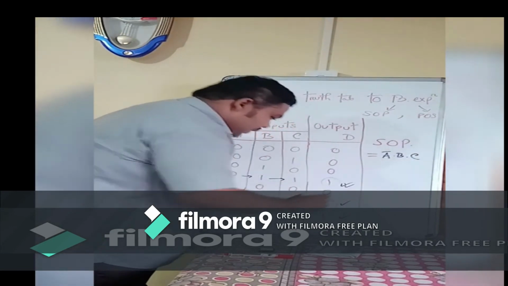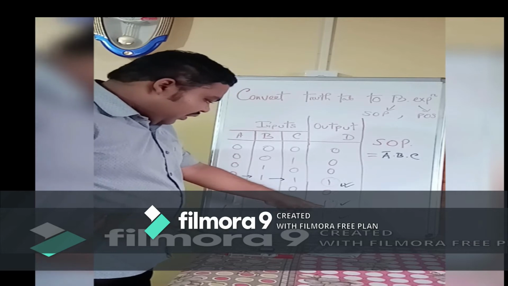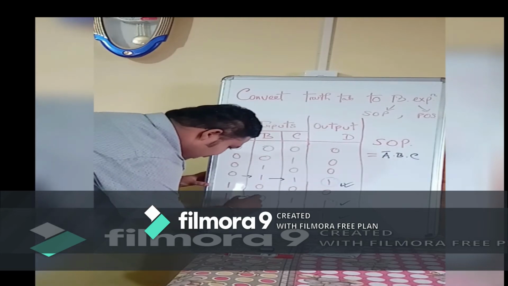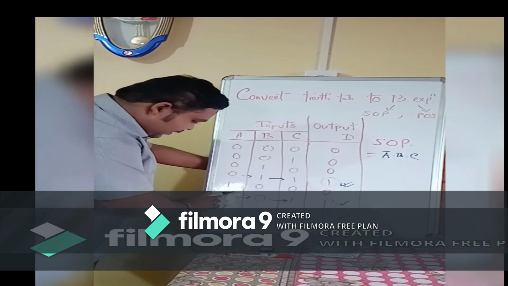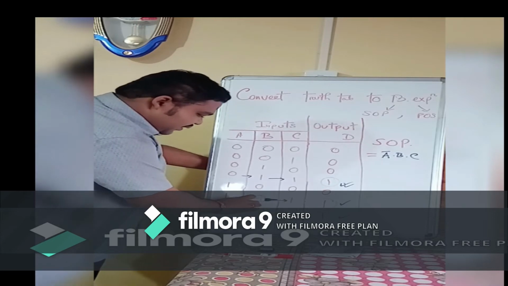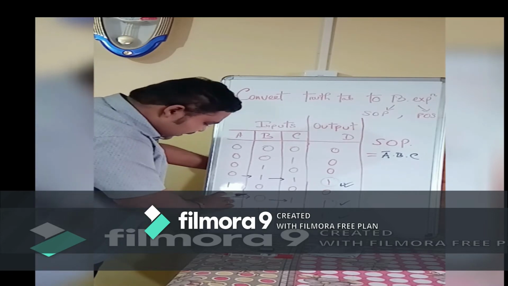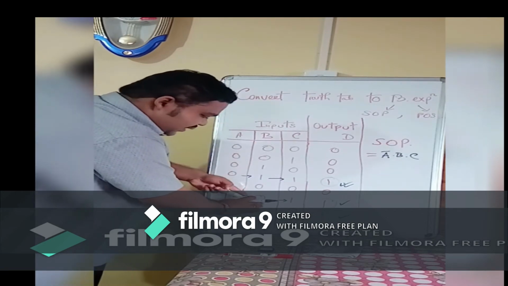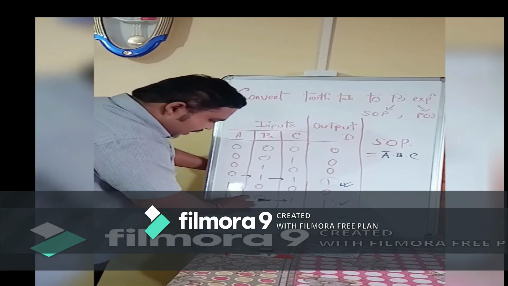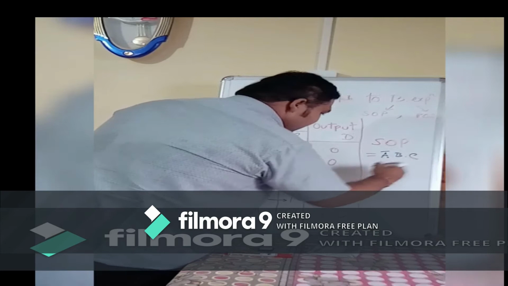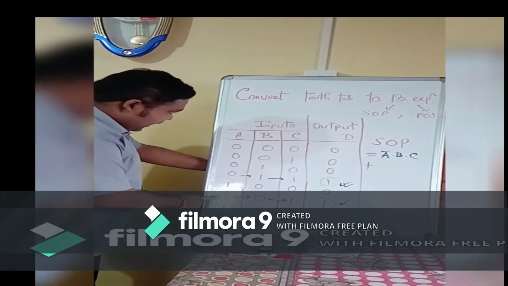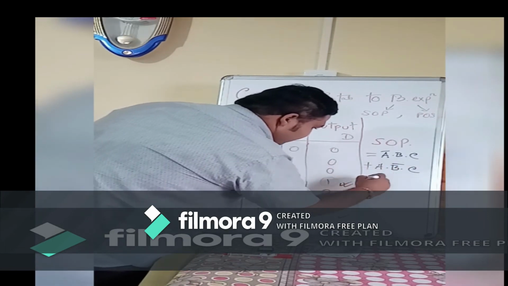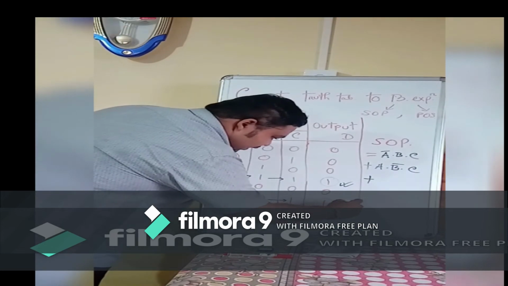Double tick. Now let's move to the second one of the output. All three should be 1, but the middle one is not. A is already 1, C is already 1, but this is not. So what will we do? We will take the complement of this. That is A, B complement, C. As I want to make this 1, B is 0, so we take its complement to make it 1: A, B complement, C. Alright. This is done. Double tick.